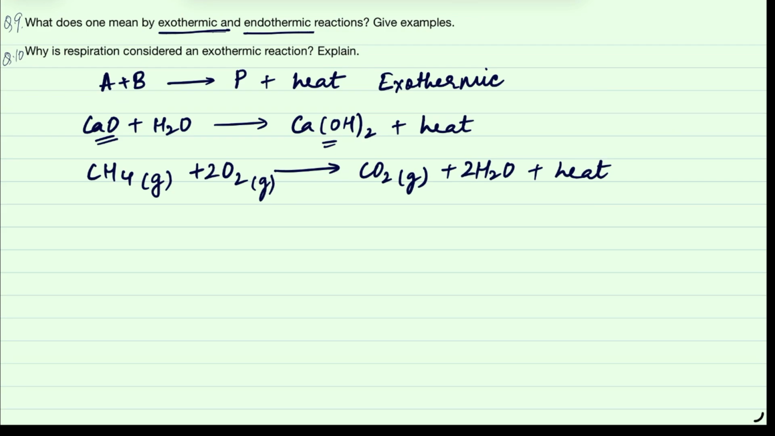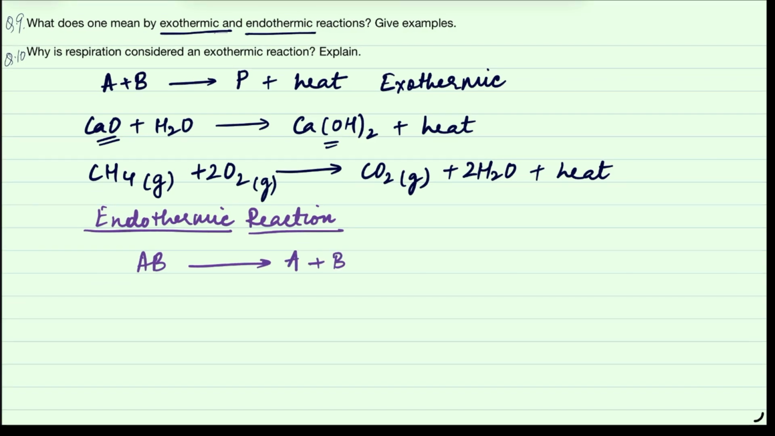And next is endothermic reactions. What are endothermic reactions? Endothermic reactions are the reactions in which heat energy is absorbed during the reaction. So example of endothermic reaction: most of the decomposition reactions are endothermic reactions. For example, if AB decomposes into A and B, so during this process if heat energy is absorbed, then this type of reaction is known as